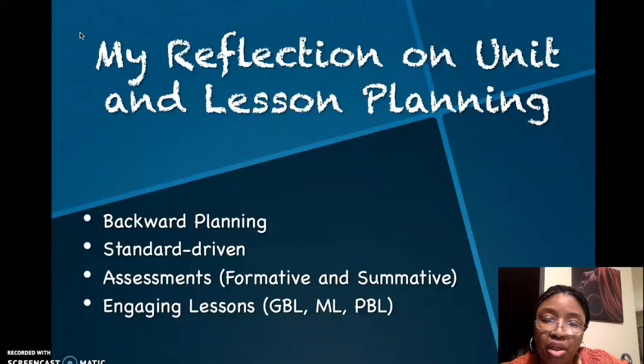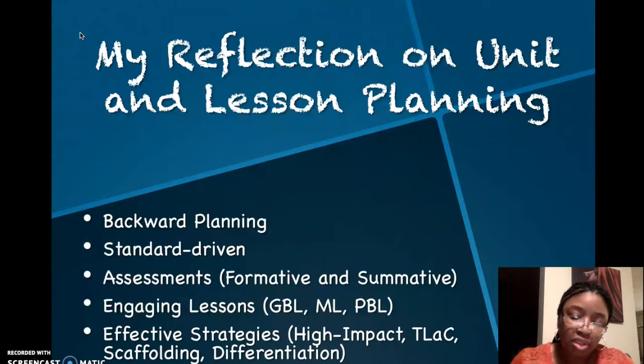After each unit, there's a big project that is required based on the unit. This unit, our students will be creating their own books based on skills that we've taught as it relates to characters, settings, and the plot of a story. So they will be creating their own. Some very effective strategies that I use in my classroom